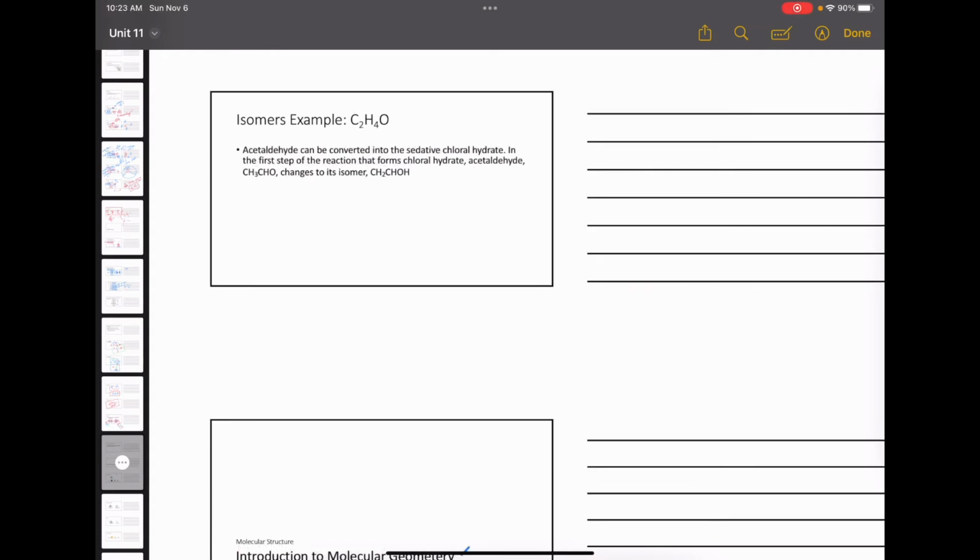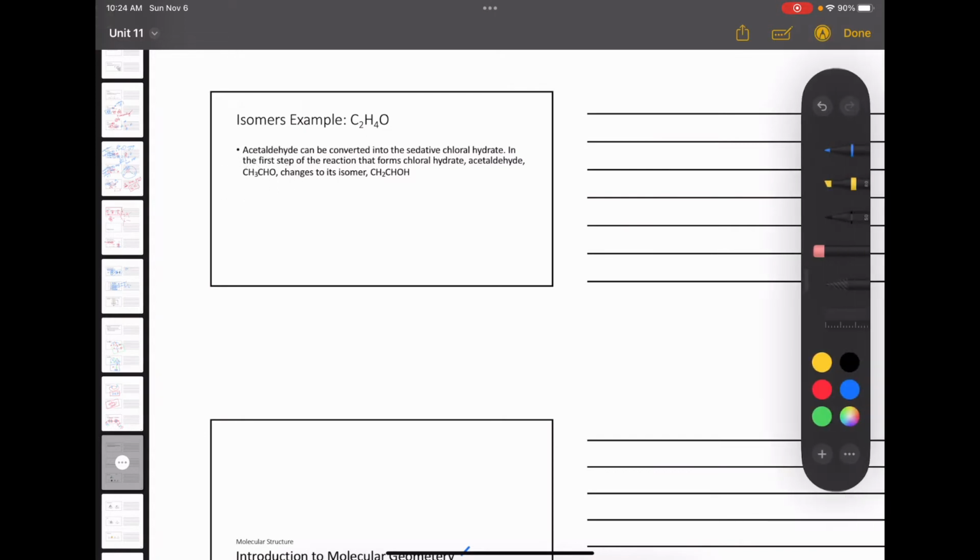So let's look at an example and see how the Lewis dot structure can give us 2 different molecular structures that are correct for one single molecular formula. In this case, we'll be looking at acetaldehyde, which is used to convert into the sedative chloral hydrate. When the reaction is conducted, in the first step of making chloral hydrate, acetaldehyde can change to the other isomer. The first molecular formula that we have here is CH3CHO, and the second one that we have here is